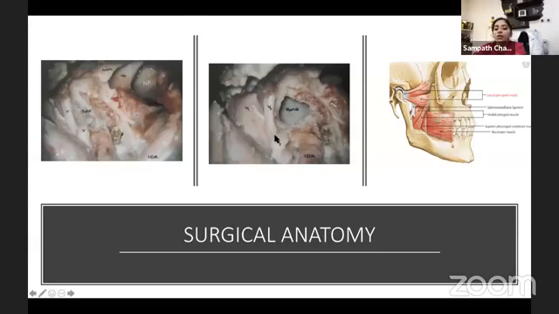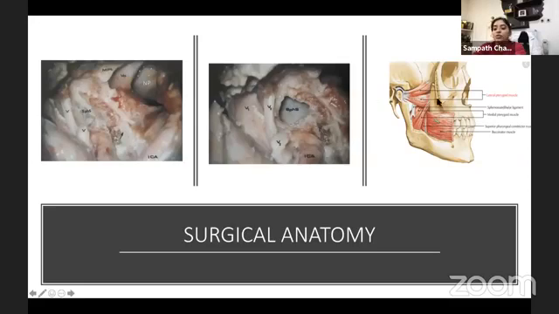And when we drill laterally the greater wing of sphenoid, we can enter the infratemporal fossa area, where we can encounter the middle meningeal artery, and this is the foramen ovale with the mandibular nerve. After sacrificing all these things, we get the V2, that is the maxillary nerve. So it indicates foramen rotundum, and that we are in the posterior aspect of the pterygopalatine fossa. And also the internal carotid artery with the genu region we can access.